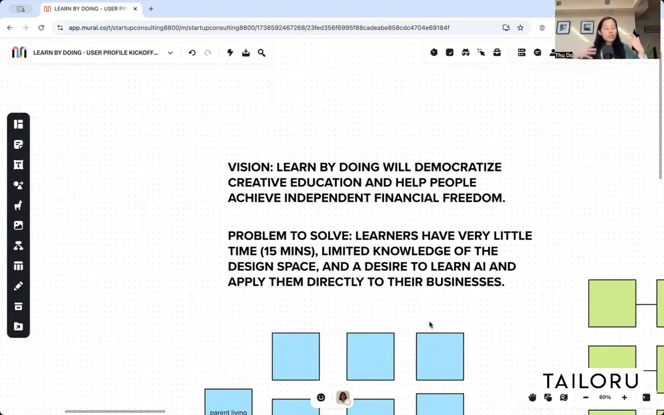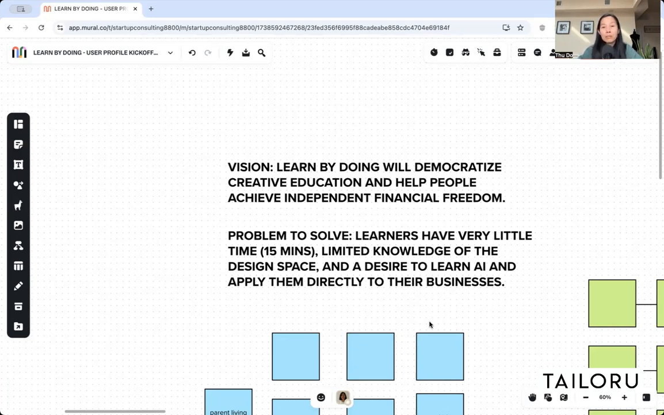All of you designers and entrepreneurs out there, you always have a vision, right? This is what I want to do. This series will democratize creative education and help folks achieve independent financial freedom. Wow, cool beans. The second step, a second layer, is to note down on paper what is the problem you're trying to solve for. So for me, as I think about why would somebody need to learn by doing in